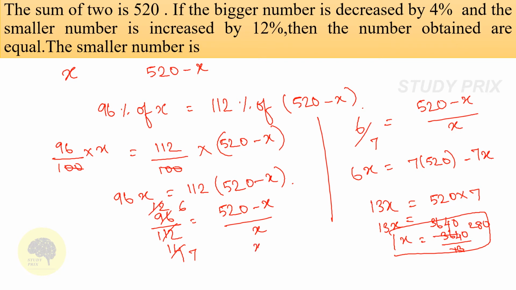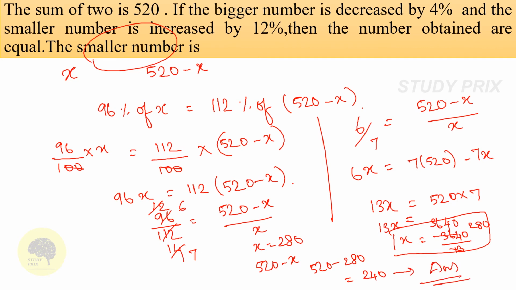Therefore x is the bigger number. The bigger number is 280, and we have to find the smaller number. The smaller number is 520 minus x. Therefore 520 minus 280, we will get 240. 240 is the smaller number. Okay,